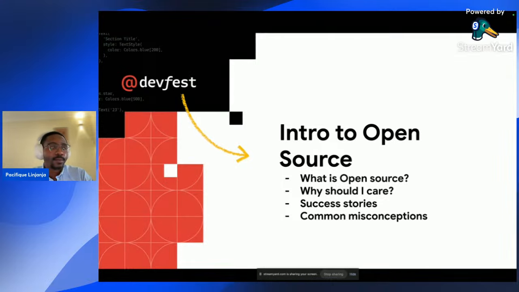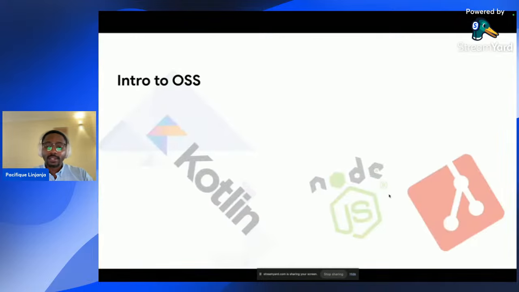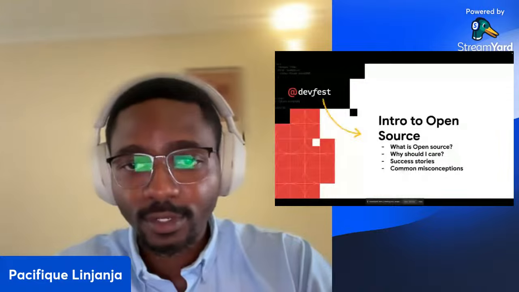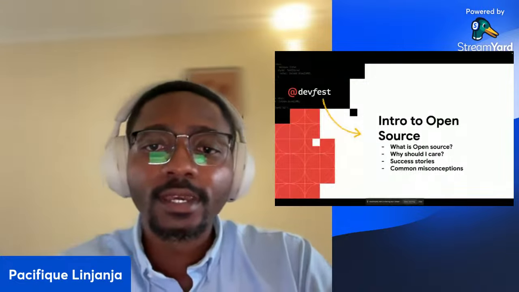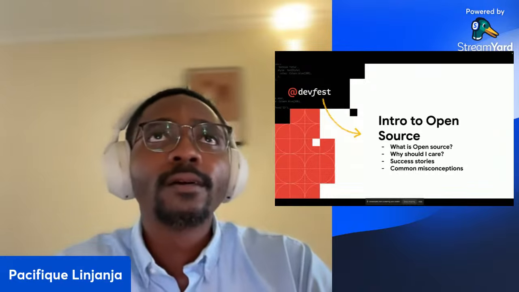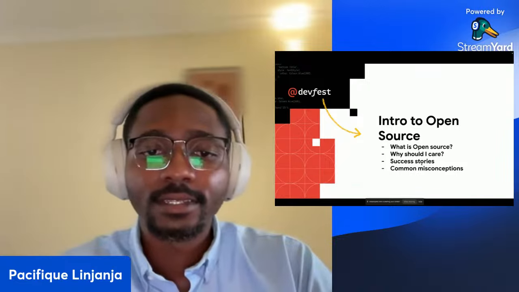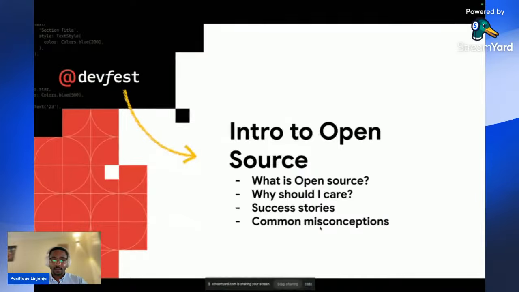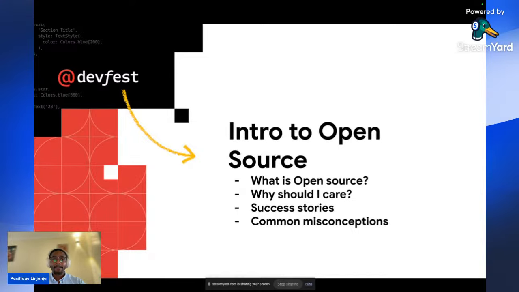Most people think it's a waste of time. So we'll share what contributing to open source brings to you as a software engineer, and we'll also share a few success stories of people who succeeded in this industry. And at the end, we'll talk about common misconceptions about open source. So this is what we'll be talking about today.